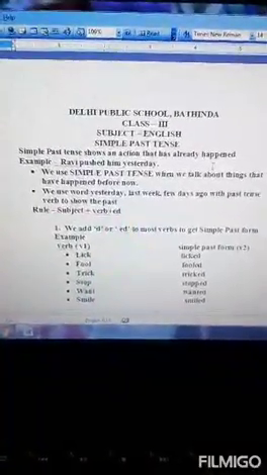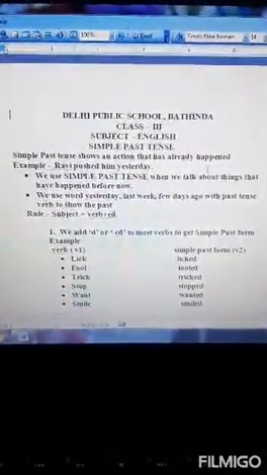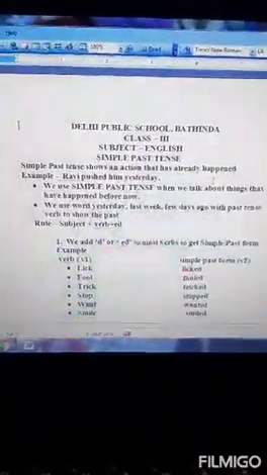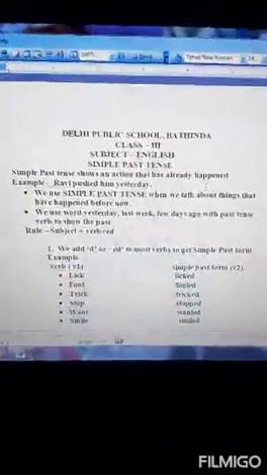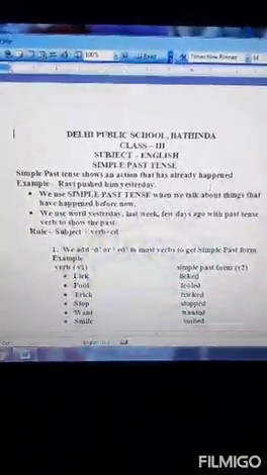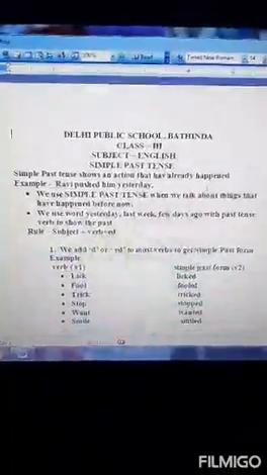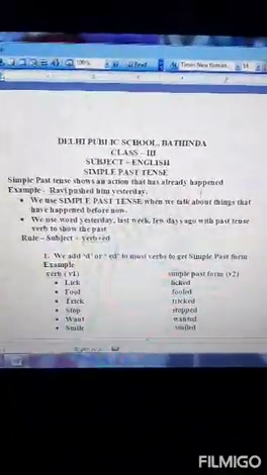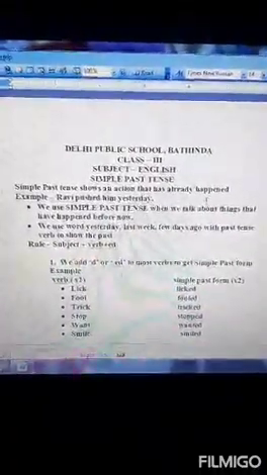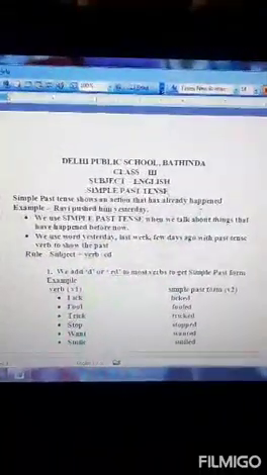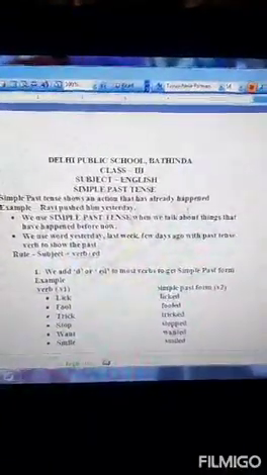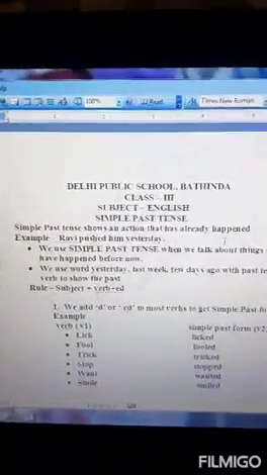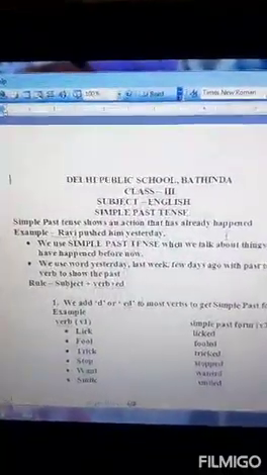Today, we will do simple past tense. As in our last class, we did simple present tense and I told you about the tenses. So, let's recapitulate our tenses. What are the tenses? Tenses tell mainly about the time, like yesterday, today, tomorrow. So, today, that is present time. Yesterday, that has gone, so past, and tomorrow, that will be the future, upcoming. Fine. So there are three types of tenses, and all the tenses have different subtypes.